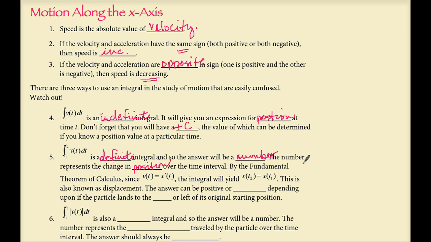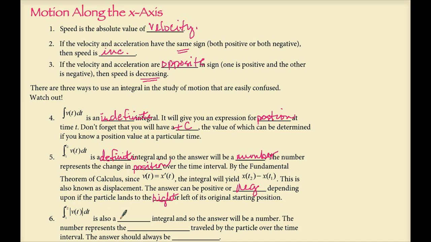By the fundamental theorem of calculus, since v of t equals x prime of t, the integral will yield position at time 2 minus position at time 1. This is also known as displacement. The answer can be positive or negative depending upon if the particle lands to the right or left of its original starting position. The integral of the absolute value of the velocity function v of t dt from 1 to 2